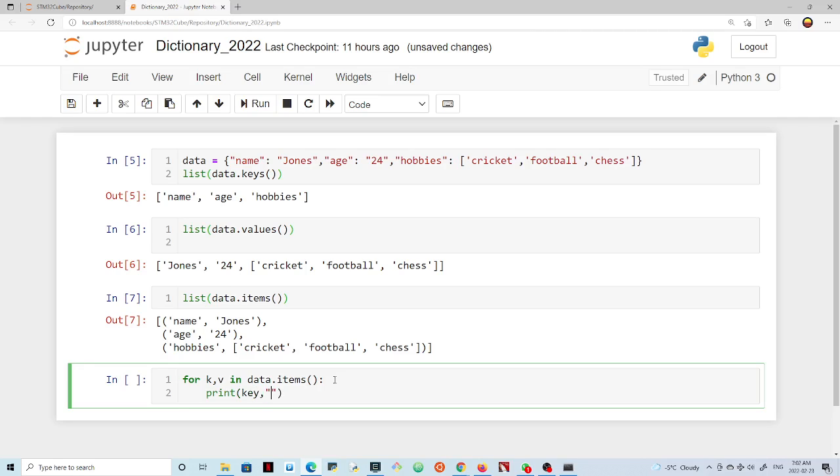So I'm just gonna put a colon in between, or you can put a space, or you can put an equal sign. Well, I'll put a colon here. So you want to print the key and the values. So there's a comma here and you get values, right? So now if I run this here,